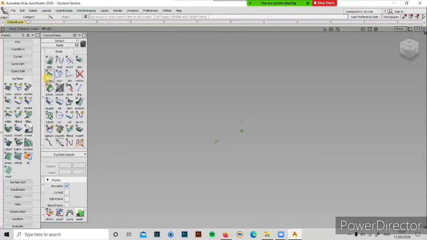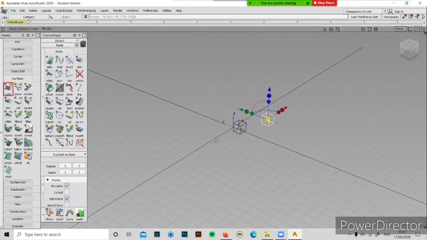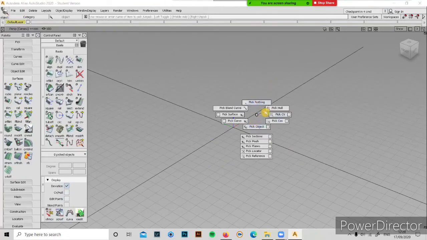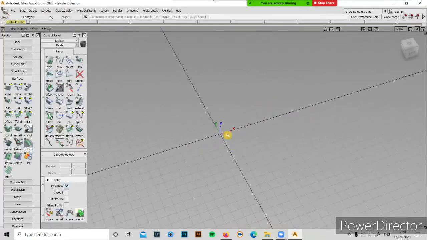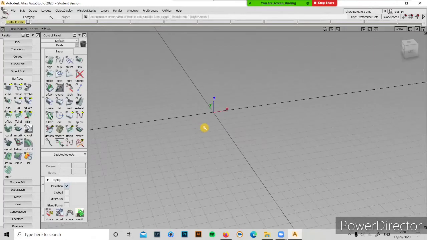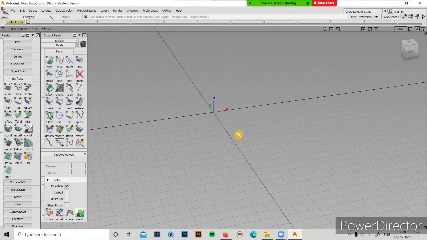And next is surface. We'll go a little ahead. I will switch on the grids. You're okay with the interface, right? Selecting objects and other things. You need to be very familiar with it, because after using it a lot, you'll get a little confused about which key is for which, left, middle or right. So be very familiar with it.